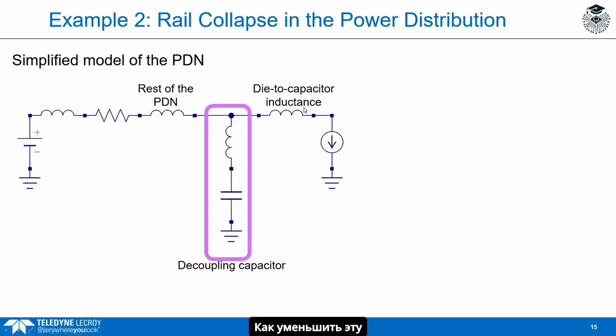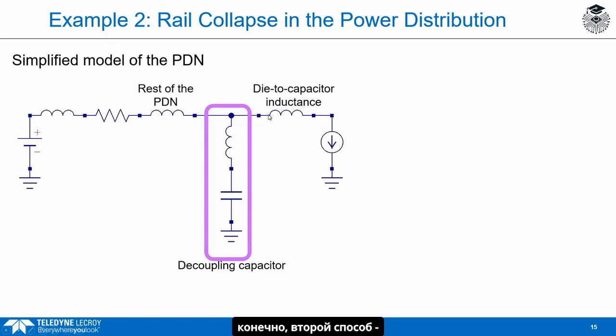How do we reduce that inductance? Remember those 3 important ways. The number 1 is length. We want to decrease this length. The closer we can bring the decoupling capacitor to the pads on the die, the lower that inductance and the